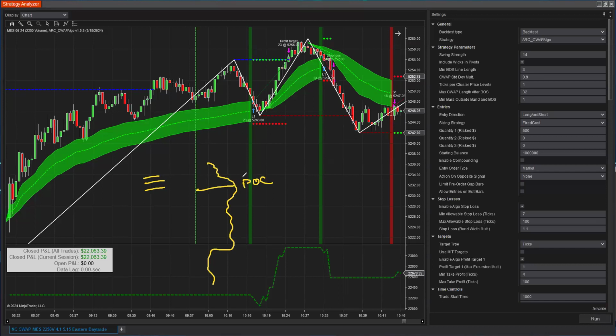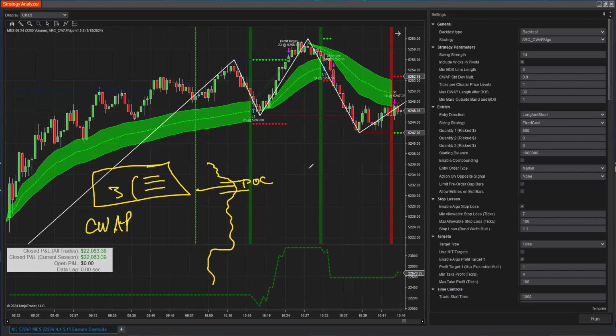Well, in this case, think of it like this: it is the point of control plus 2 levels. So it's the 3 highest levels of volume in each bar, concentrated volume. They have to be consecutive, the 3 levels of the highest volume consecutively in each bar. So it's usually going to be the point of control plus 2 levels. It is using these 3 levels to calculate the CWAP